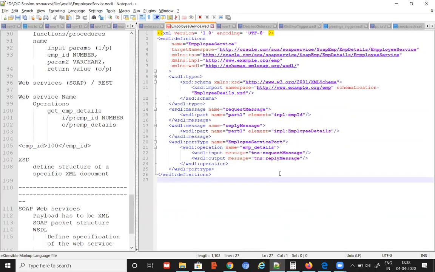Then you'll be able to get all the operations exposed by the web service and the definition of those operations easily. You can look in the tool also. But there might be some situations where you will open the WSDL and read it.